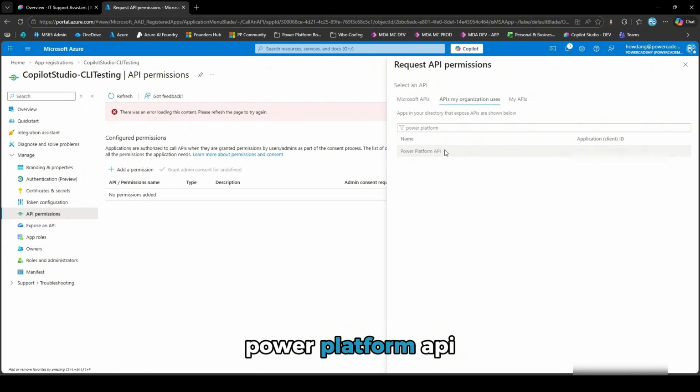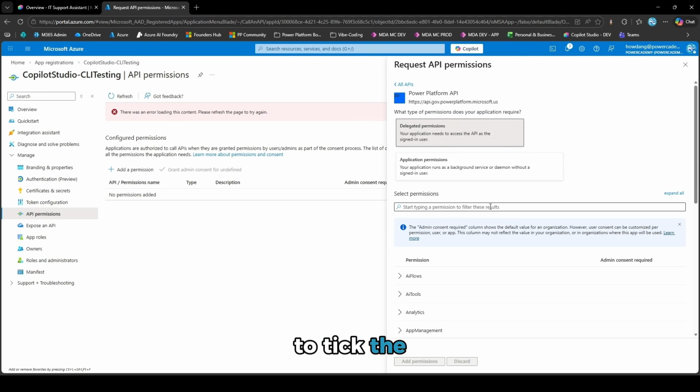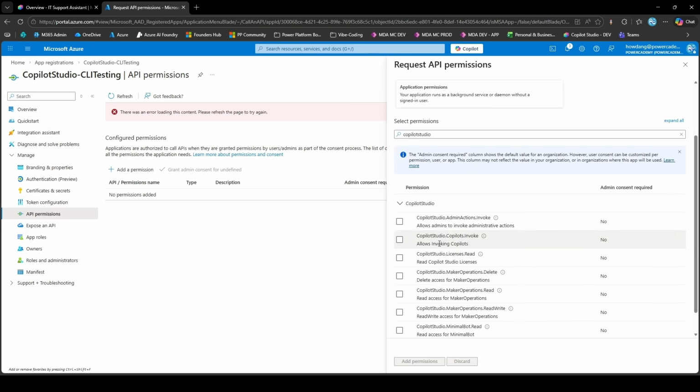Click on the Power Platform API. We want to go to delegated permissions, and we want to tick the Copilot Studio Copilot's invoke permission. To find that, you just type in Copilot Studio, like this. You can see it'll pop up here, and we want this one,